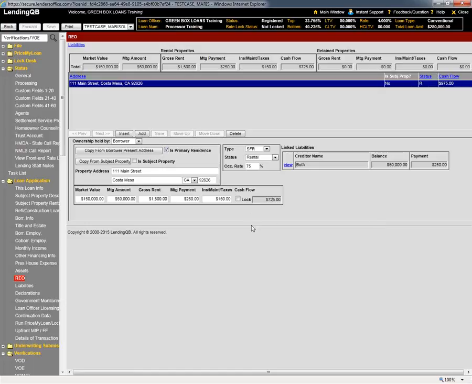For example, maybe the system calculates this as the cash flow, and these numbers are verified, since they're pulling from the credit report. But the borrower has tax returns showing that, you know what, I'm actually making $750 a month in cash flow on this rental property. So this is one of the rare times that you would use the lockbox and override it,